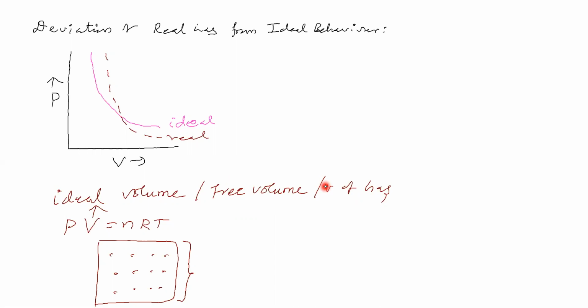This real gas is deviating from ideal gas. That graph we have seen using Boyle's law. In Boyle's law, there is another graph also that we will consider, the PV curve. Now we will take two axes. In one axis we take the PV product. In another axis we take either pressure or volume.